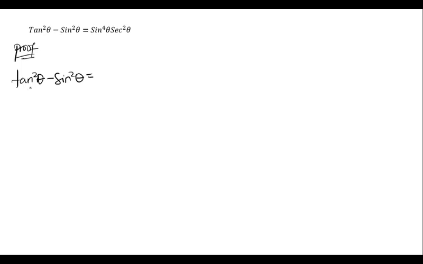This is equal to, we know tan theta is equal to sine theta over cos theta. So which means tan squared theta will be equal to sine squared theta over cos squared theta. So this is equal to sine squared theta over cos squared theta minus